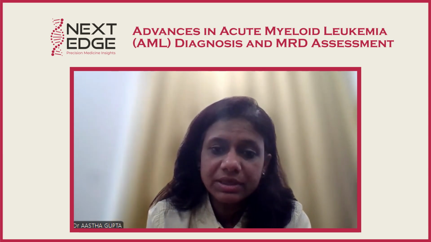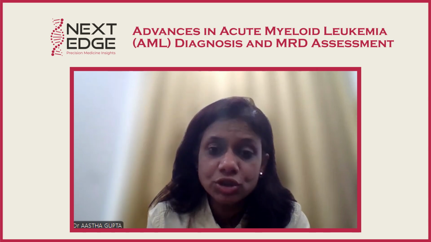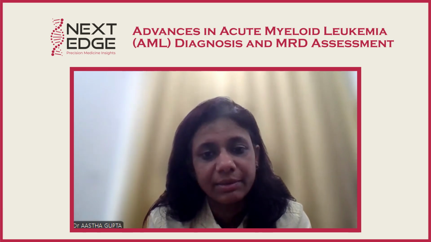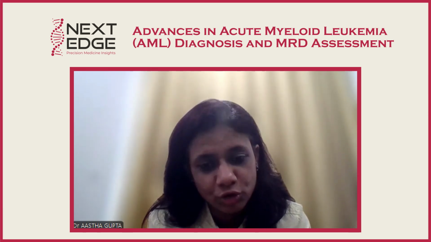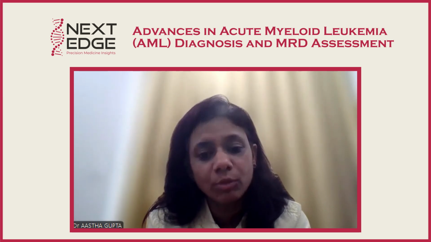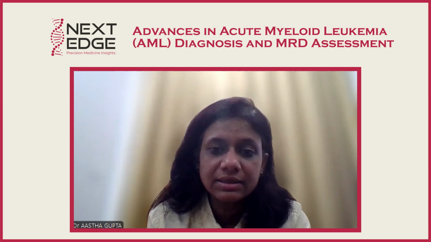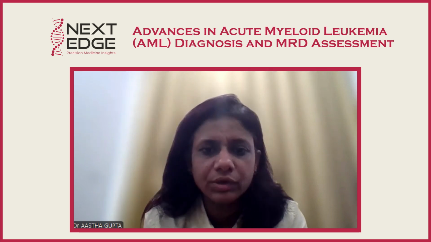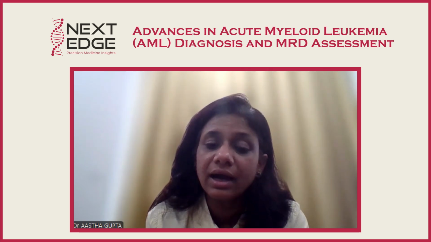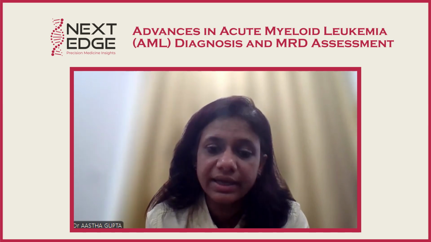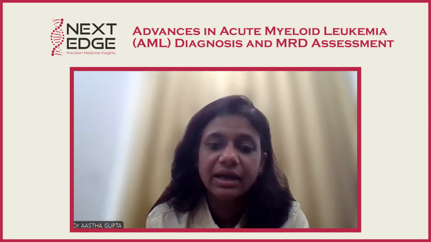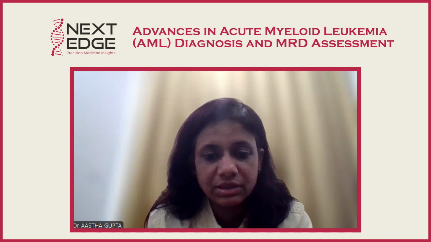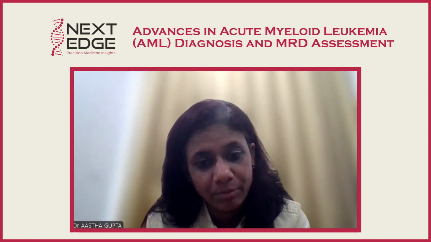Of the rest of the 50% of cases, the most common abnormality found is the adverse, unfavorable cytogenetic abnormality, which is usually deletion 5 or monosomy 5, deletion 7q or monosomy 7. These adverse cytogenetic features comprise approximately 20 to 30% of all AMLs. And the other favorable translocations like translocation 8;21, inversion 16, translocation 15;17, which is APML, comprise approximately 5 to 10% of the cases of AML.